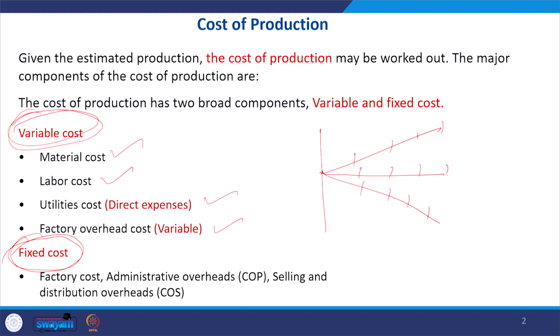So, the factory lighting, factory water, some lubricants we are requiring in the factory, factory labor, all these are the factory overheads which are variable in nature. There are certain overheads which are fixed also. So, you do not have any control upon the fixed overheads, but yes, the variable factory overheads can be kept